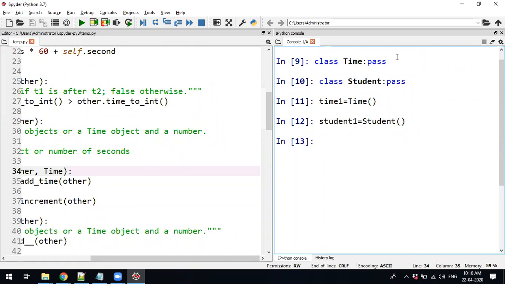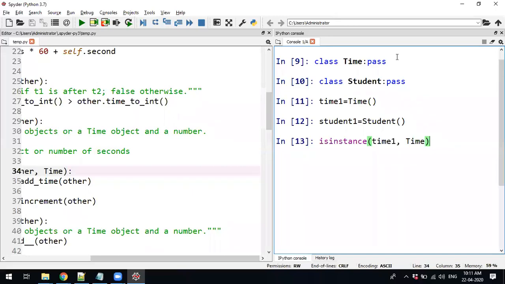In the programming, if I want to check, as of now I can directly see that time1 is an object of time, and student1 is an object of the class called student. But programmatically, if I want to check, there is a function called isinstance. The first parameter will be the object, the second parameter will be the class.